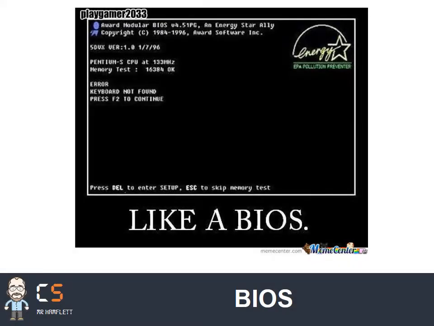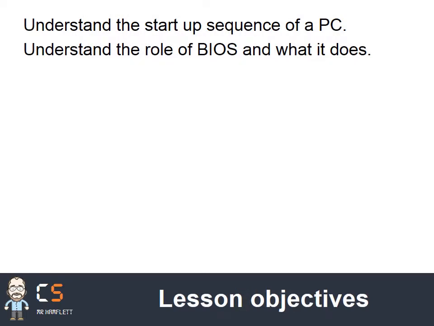So we're going to have a look at what BIOS is, and one of the key things we're going to be looking at is the difference between BIOS and the operating system. They're both system software, however, they perform different roles and are very, very different. So we're going to look at how a PC starts up and understand the role that BIOS has and what